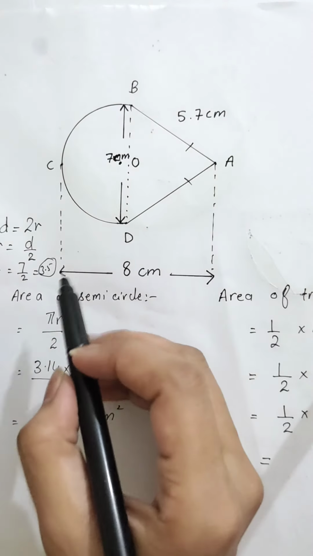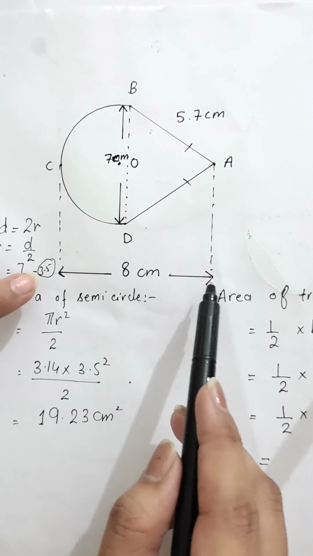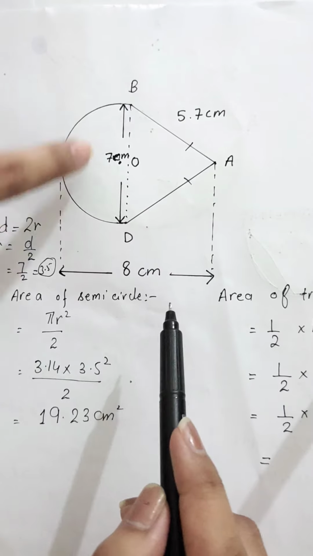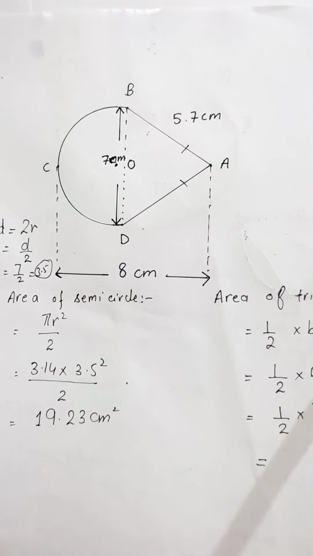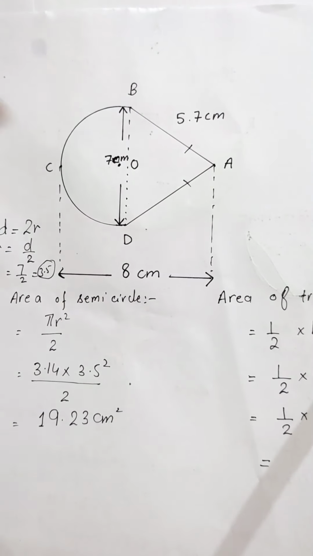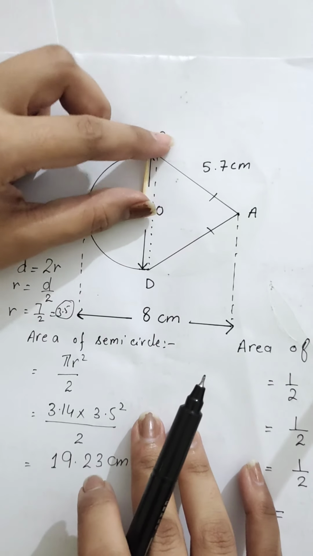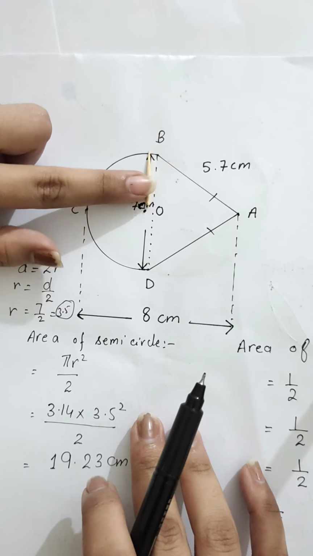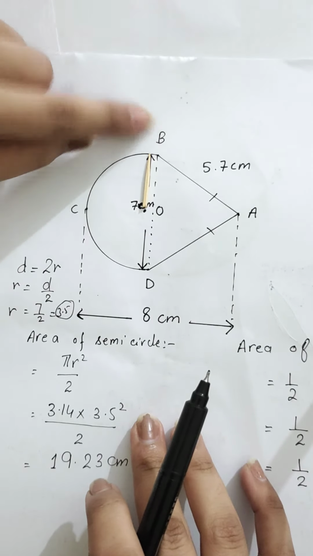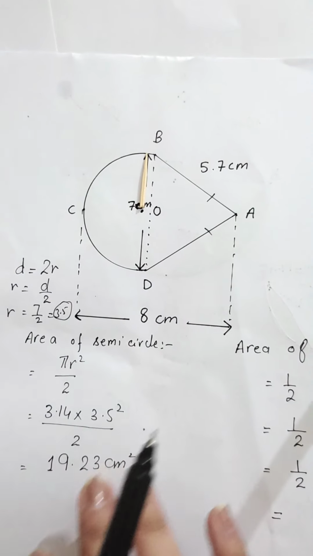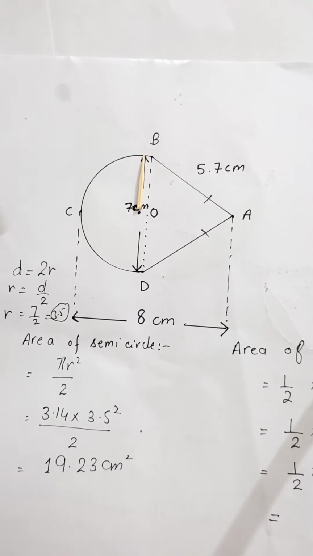Okay, look at this. The complete length from point A to C is 8 centimeter. It is given at the end of the figure. You can also see it in your book. Look, I have a stick which is approximately equal to the radius of this shape. It starts from the center point and ends at the boundary of the circle. This is the radius, okay, and it is approximately 3.5 centimeter. Okay, now I am going to remove it.